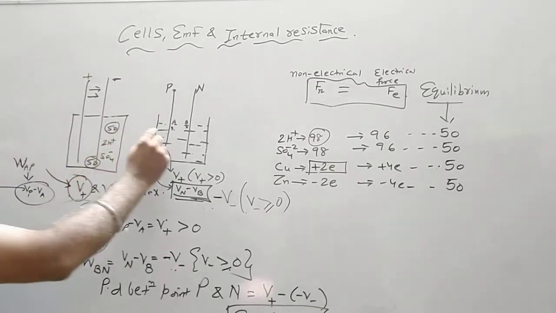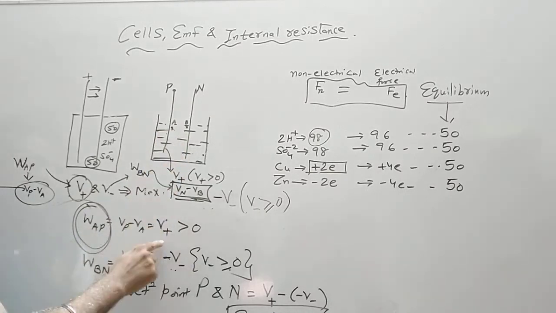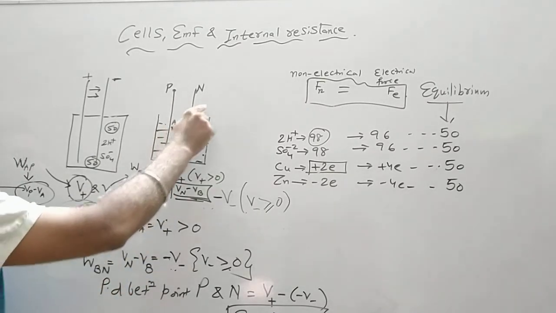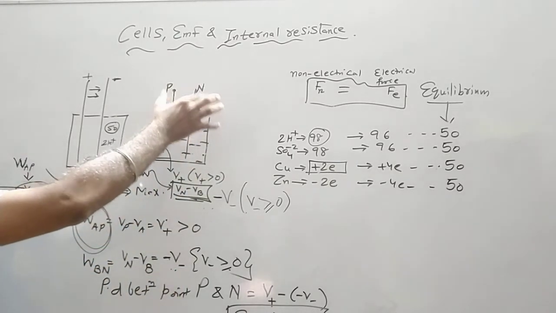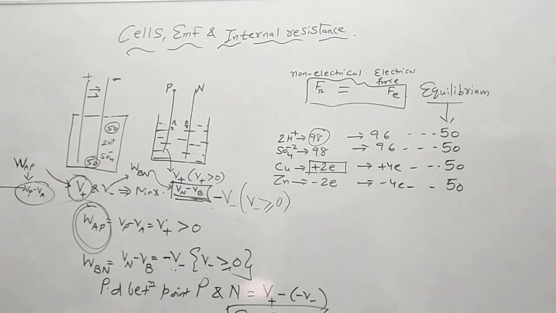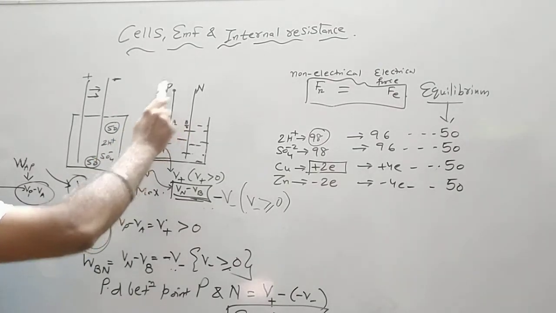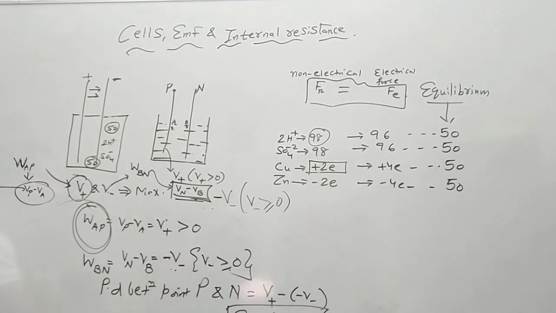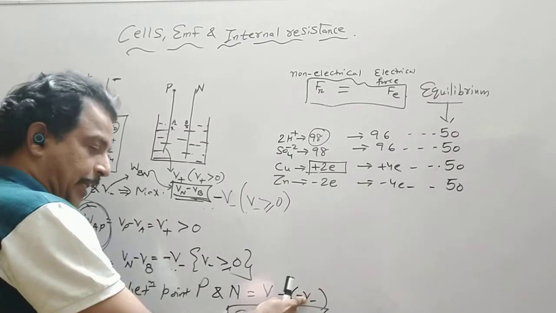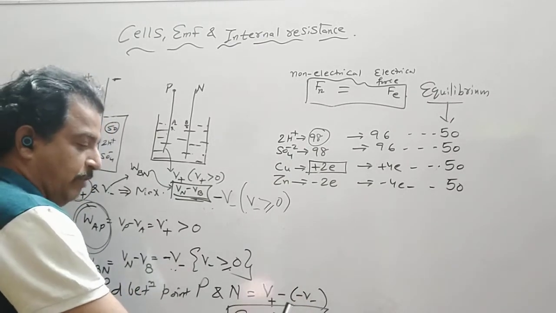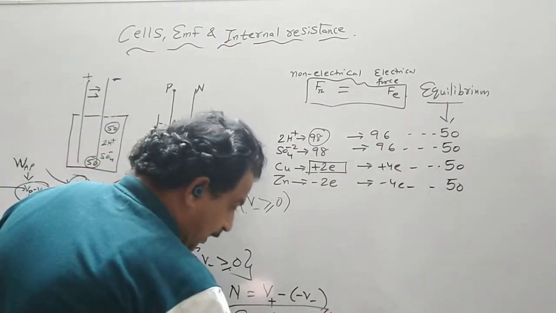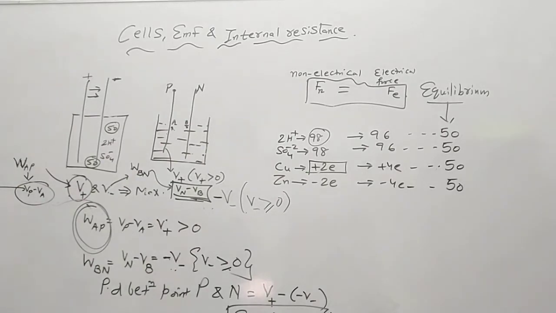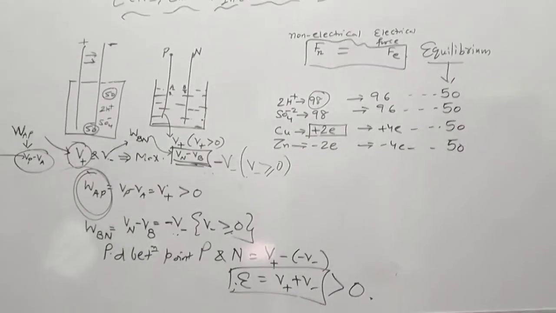So internally we take the potential difference between P and A, that is V plus. The potential difference between B and N is minus V minus. Now the potential difference between P and N can be written as, for outside, this is considered a positive potential and this is considered a negative potential. So the potential difference becomes V plus, with the negative potential, and the sign makes it V plus plus V minus. So this potential difference is greater than 0.